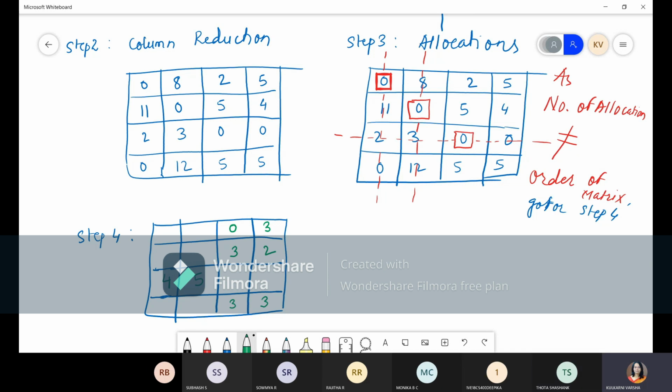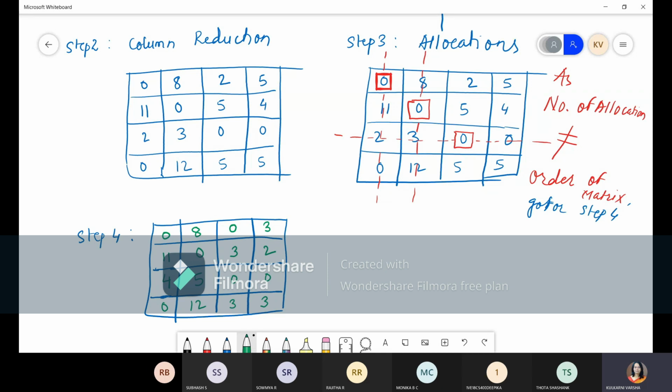So all single cross elements, this 0, 8, 11, 0, 0, 0, 0, 12, all they are single cross. So we have to retain as it is. So we will write it as it is. Right? Here 11, here 0, here 0, here 0, here 0 and here 12. So we finish now filling the matrix, right?